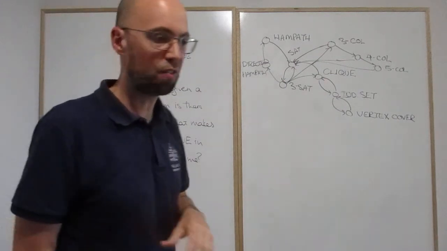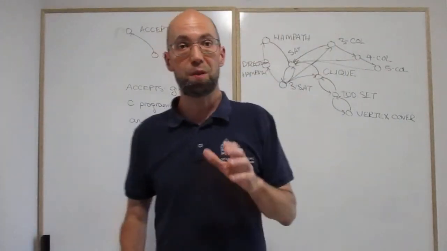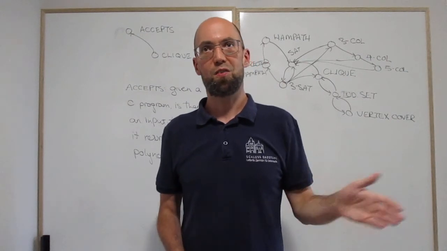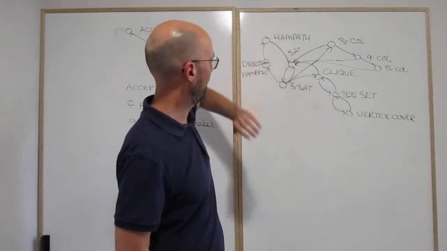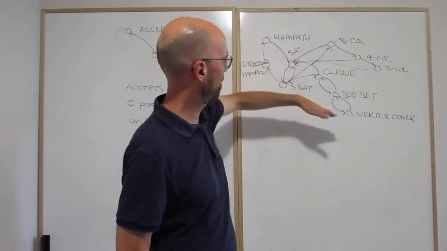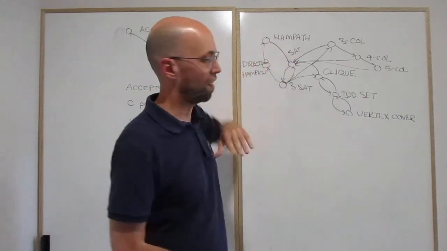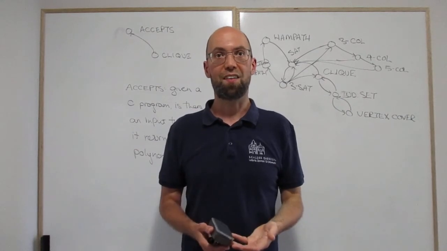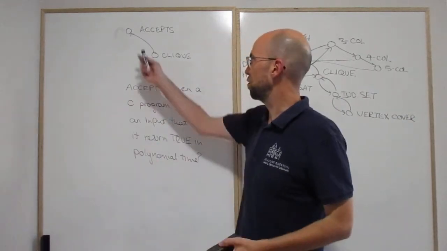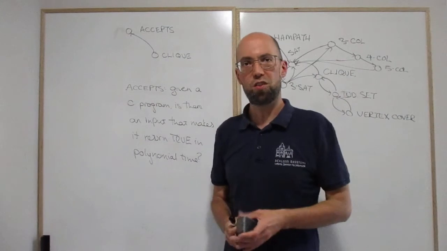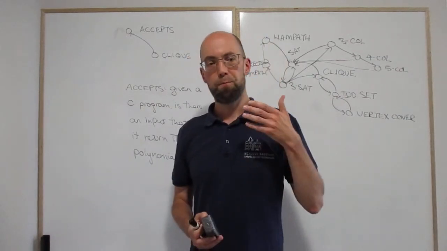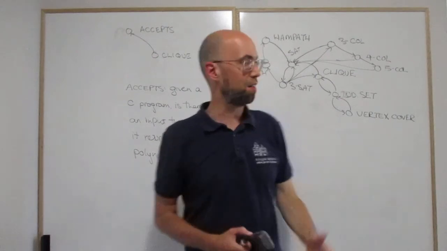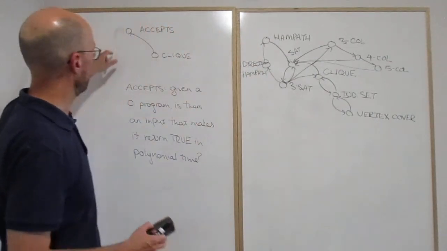So I apologize in advance to the people who are scribing the reductions from ham-path to SAT and three colorability to SAT, because nobody actually does those reductions to SAT. What they do is just the reductions to accepts, which means they show that given a solution, you can check it in polynomial time, and once we've shown that accepts reduces to SAT,